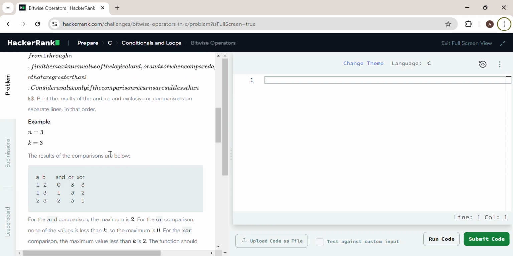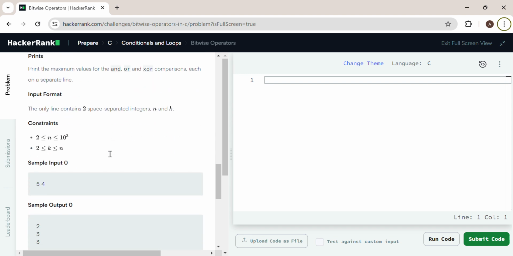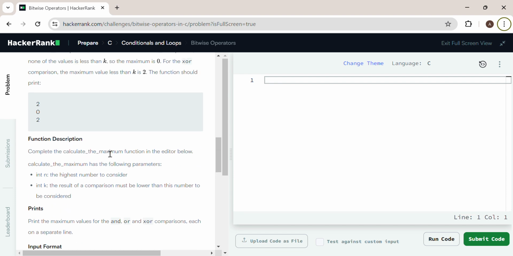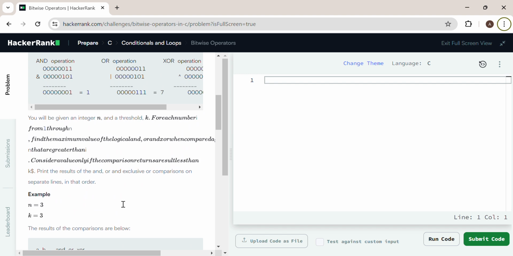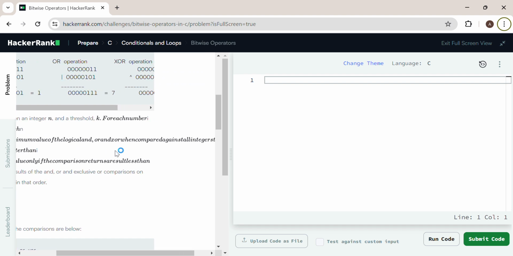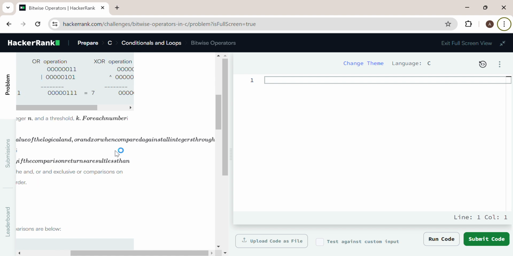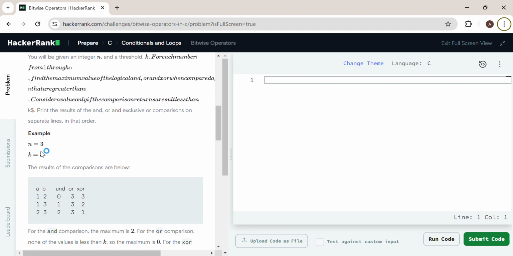Okay. So here your task is to use all the given bitwise operators and perform the function. You will be given an integer n and a threshold k. For each number from 1 through n, find the maximum value of logical AND, OR, or XOR when compared again. You can see here an example, if n equals 3, k equals 3, then